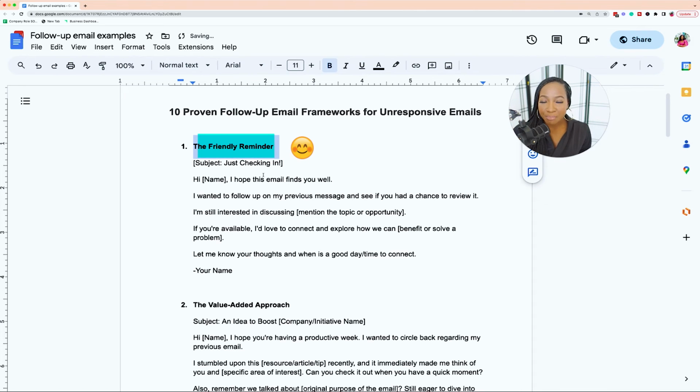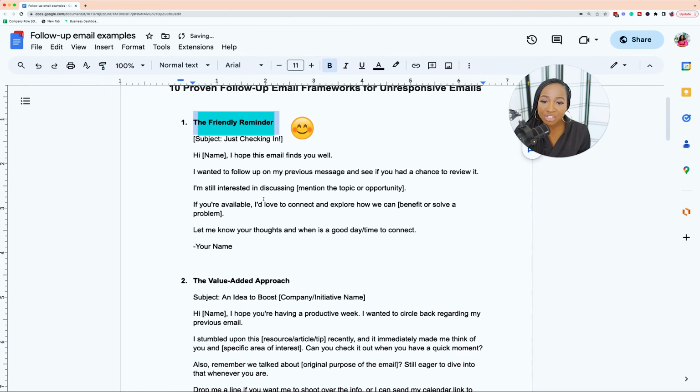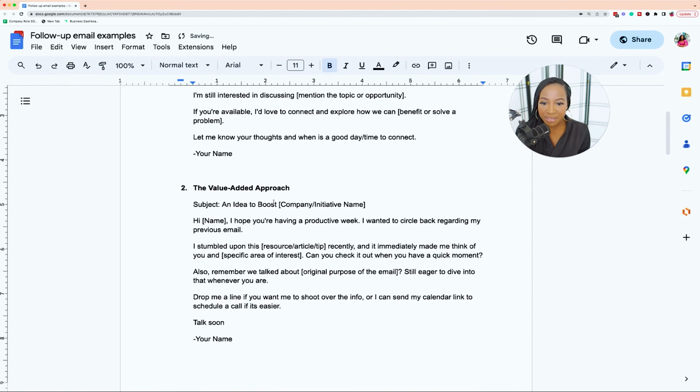You're just touching base on that previous email that you mentioned and what the next step is for them to solve a problem or take advantage of an opportunity. The value add approach, you want to give them an idea to boost something in their company or in their lives. What is a resource, an article, a tip, maybe a PDF doc that you can give them that adds value to their lives, that if they take advantage of it, if they implement,